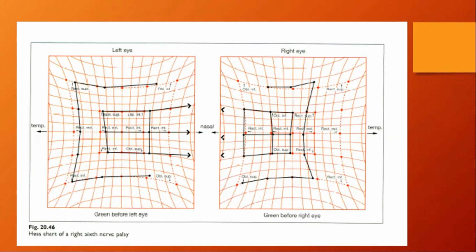Yes, go ahead. So first I'll comment on the abnormal eye. So this is a Hess chart. And the abnormal eye is the right eye. I can see there is limitation of abduction. I can just say abduction, no ma'am, I need not say. Yeah, just abduction. There's limitation of abduction in the right eye.